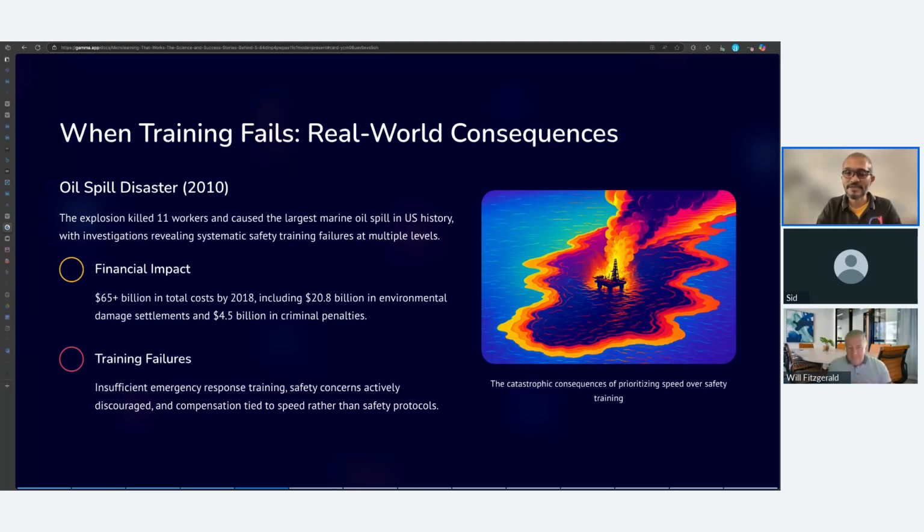It's one of the largest US oil spills in that region, and suffice to say the impact was mind-blowing in terms of costs. This is in 2010, so $65 billion at that time is a huge deal. But besides the impact, when they did a root cause analysis, they found out that training was lacking over there. Most of the employees within that oil facility were asked to get things done fast, and we see this with a lot of organizations where speed is of utmost importance, and so a lot of things are just sidestepped or kept under the carpet.